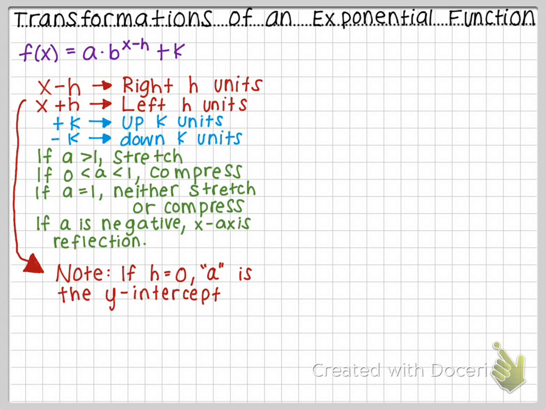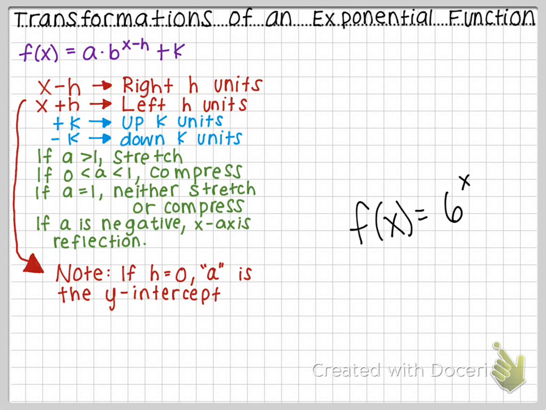If h equals 0, a is the y-intercept. So if this doesn't exist, let's just say we have a function that looks like this. F of x equals, I don't know, let's just say 6 to the x. Do you see here how I plugged in 6 for b? And I didn't plug in anything for the h. Like if I had x minus 2, that would be I plugged in something for the h. But I just have 6 to the x power. That means